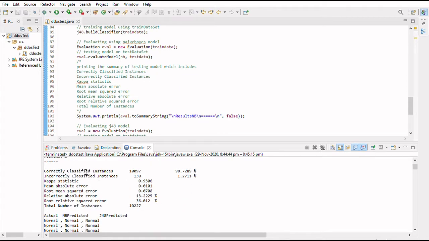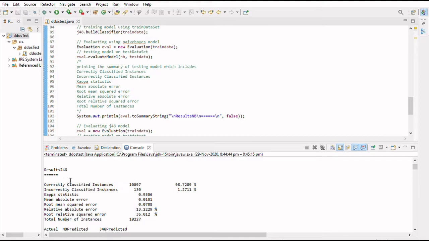And the summary result of the J48 model is: number of correctly classified instances is 10,097, which is 98.7289%, and number of incorrectly classified instances is 130, which is 1.2711%. Kappa statistic is 0.9306, mean absolute error 0.0101, root mean squared error 0.0708, relative absolute error 13.2229%.